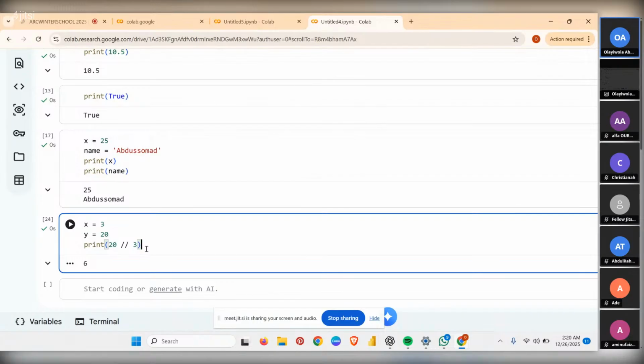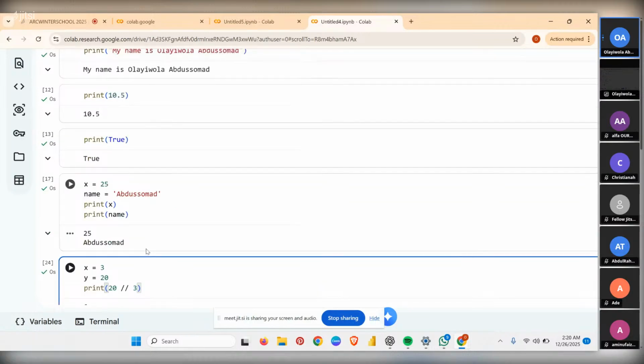Now a comment is for those that are reading your code, not for Python to read. It's just a way of explaining your code to someone. Maybe you want to share your code, so a way of explaining it is by using comments. If you want to use a comment, this is the sign: you have to put a hash